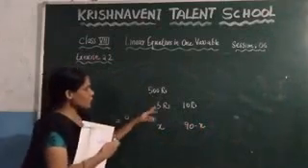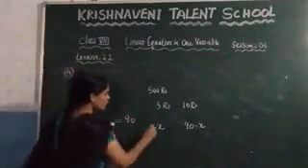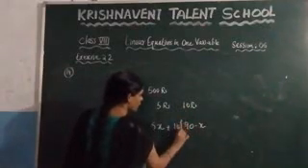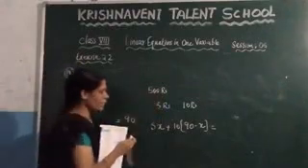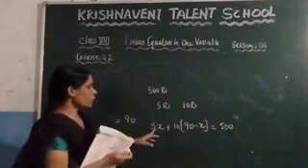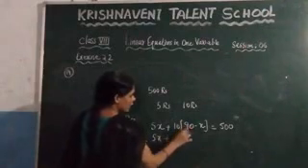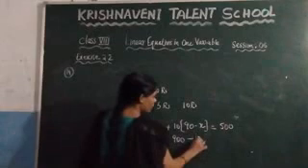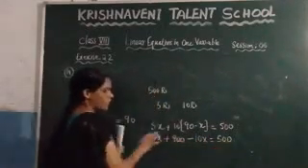Now here they have given the total amount. If the 5 rupee notes are x, then the amount is 5 into x, right? Here the 10 rupee notes will be 10 into 90 minus x. But you know that the total rupees will be 500. So here you got this one as 500. Now you need to find the value of x. So what will you get here, 5x plus 10 into 90, which is 900, minus 10 into x, which is 10x, is equal to 500. Now what is the value of 5x minus 10x?